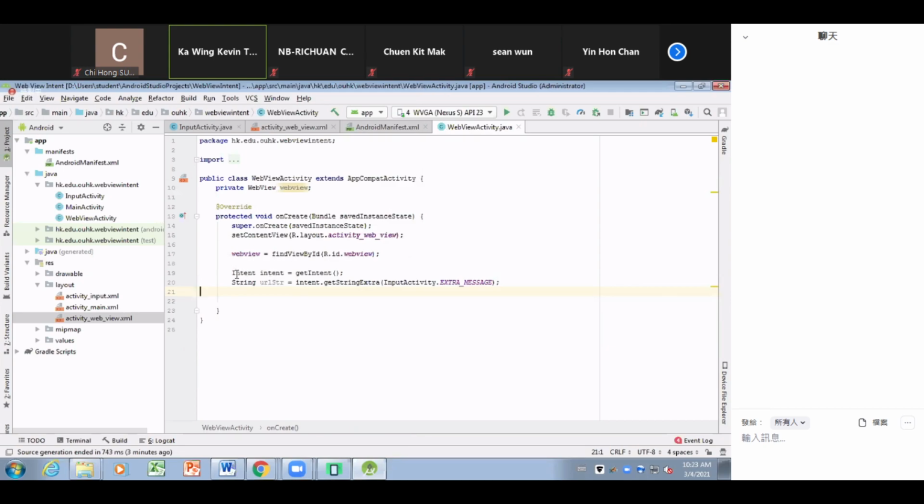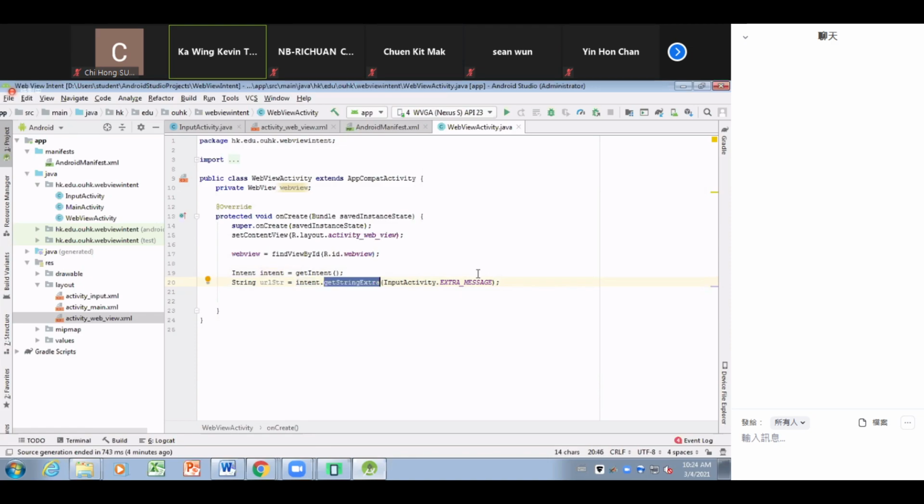Therefore, first we should get the intent object by using this get intent function. 嗱，點樣攞翻嗰個 data 翻嚟？個 data save 咗落個 intent，send 咗過嚟呢個 page，咁我哋咪攞翻個 intent，再攞個 data。點樣攞個 intent？get intent 就係啦。全部都係 call function，冇乜難度。